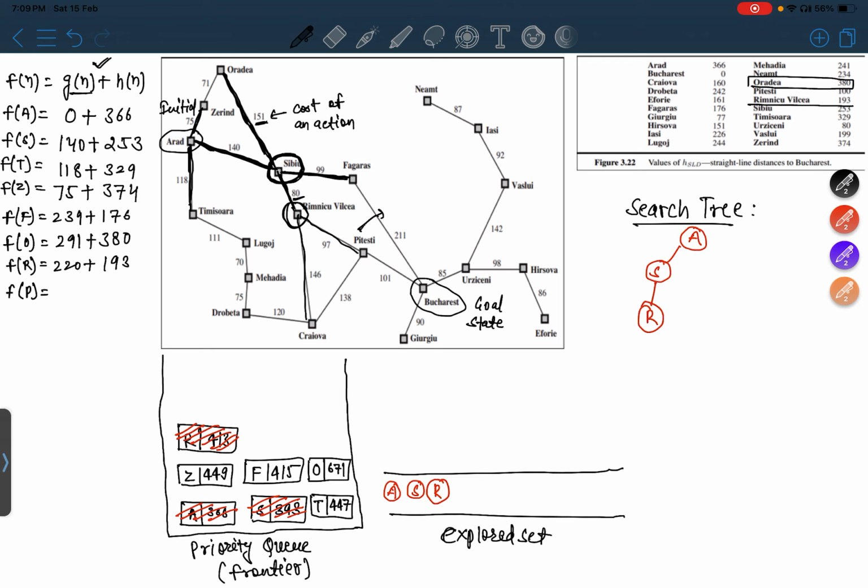तो let's calculate f of p, f of p क्या होगा now, g of p plus h of p, तो g of p will be g of r प्लस इसका जो कॉस्ट था that is 97, तो g of r क्या था, तो that's why I was keep maintaining this values, right, कि g of r था 220, तो 220 plus 97 कितना हो गया, that is 317, तो 317 plus this was only g of p, तो h of p क्या हुआ, h of p यहाँ से आ जाएगा which is 100, तो p किस कॉस्ट के साथ ऐड होगा 417,